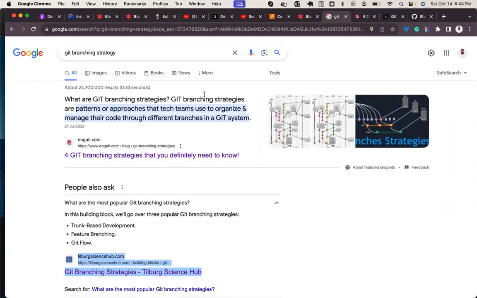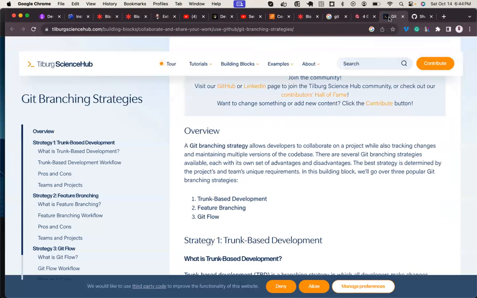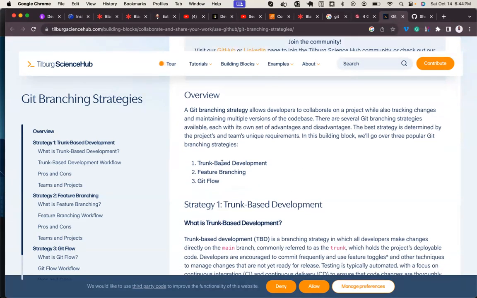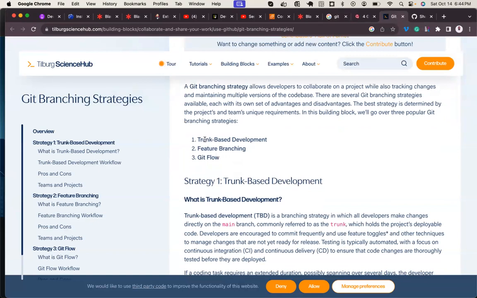I think this is simpler, and I'll advise you go with this definition. The process and approach for organizing your code through different branches. Now, there are different branching strategies. We have the trunk-based strategy, feature branching, and Git flow. Let's see that.